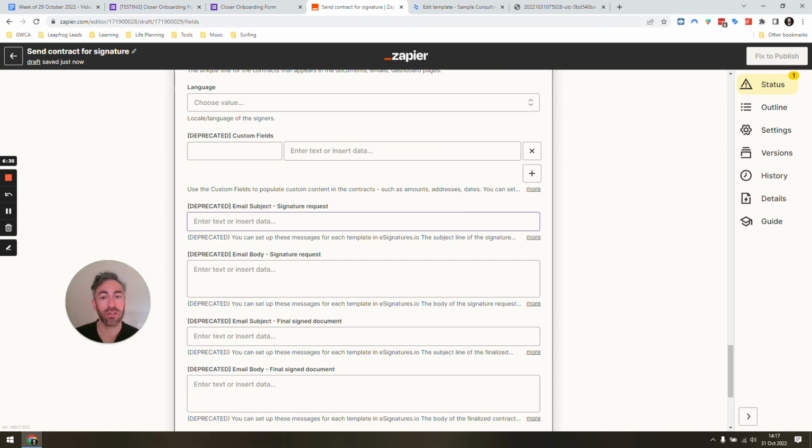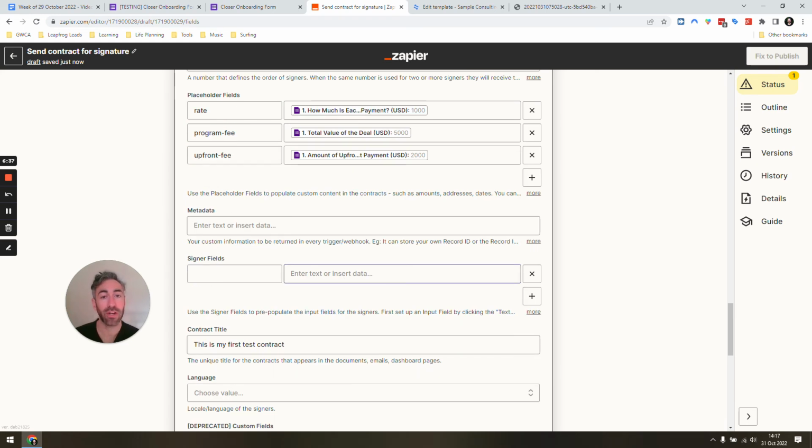And now all you need to do is, once we turn on this automation, you have your person, your team member or your closer fill out that form, and both parties are going to receive the contract ready to be signed. And if you want to take this to the next step, you can obviously set up another Zap that triggers based on a signed contract on e-signature side to say when a new contract is signed,